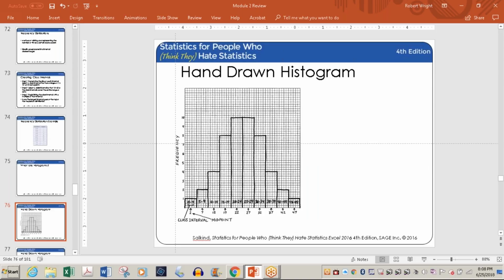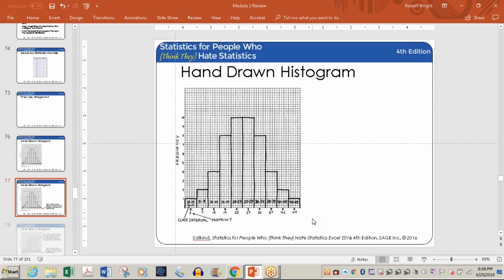Here's the histogram, and basically you're taking your classifications, your ages or age groups, along the bottom, and saying this group appeared once, this group twice, and so on, and you put them in order. If you'll notice here, you sort of have that bell-shaped curve again. This is not always going to happen if you're dealing with age groups and things like that, but for the purposes of demonstration, this is what a histogram is like.